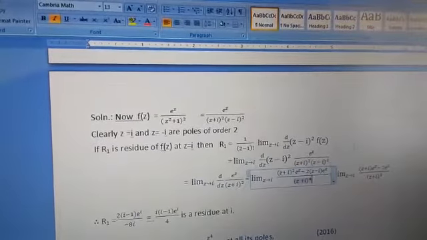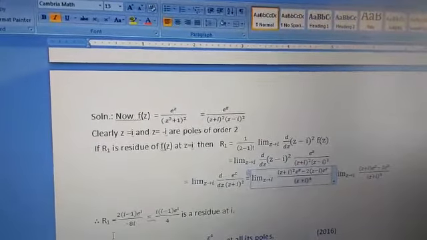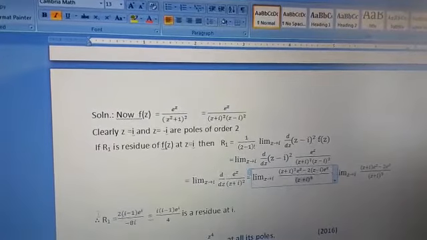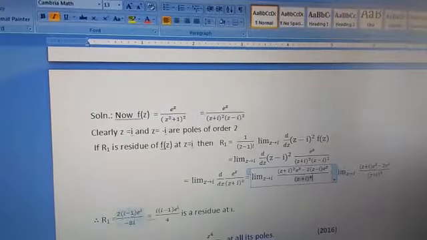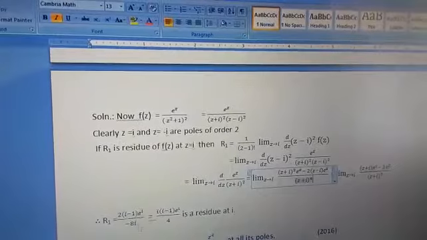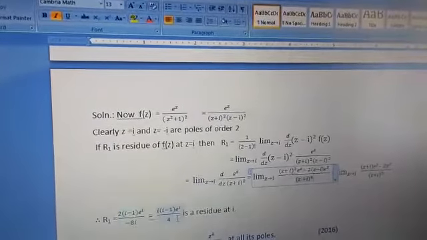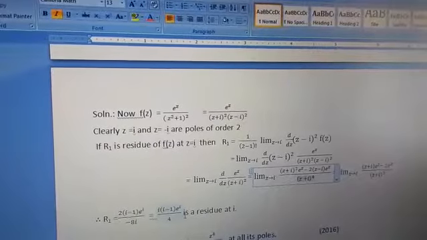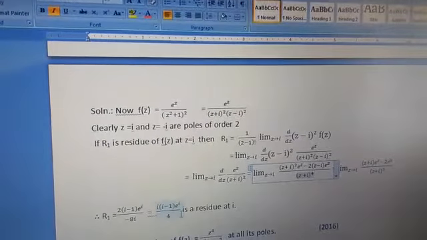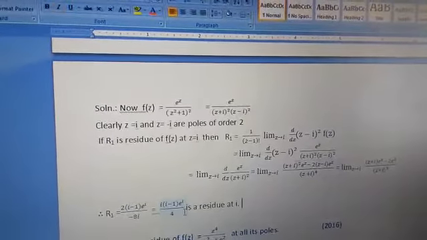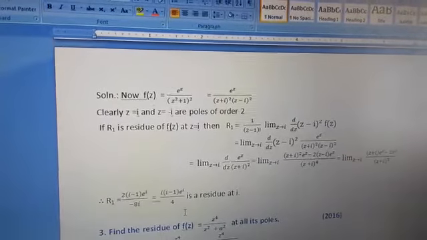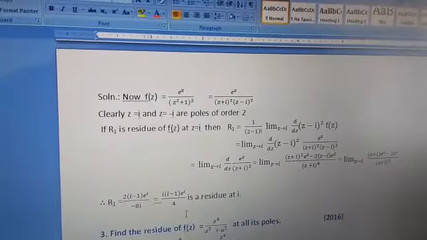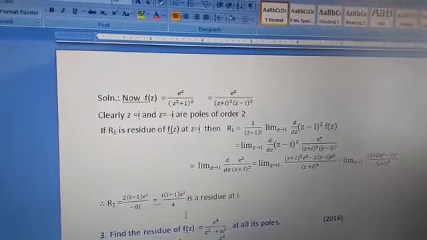Then after differentiation, if you substitute the limit, we get 2 into (i minus 1) whole square into e raised to i divided by minus 8i. Simplify this: i into (i minus 1) into e raised to i divided by 4. So that itself is the residue of the function f(z) at z = i here. So these are the two examples. One is with a simple pole, another